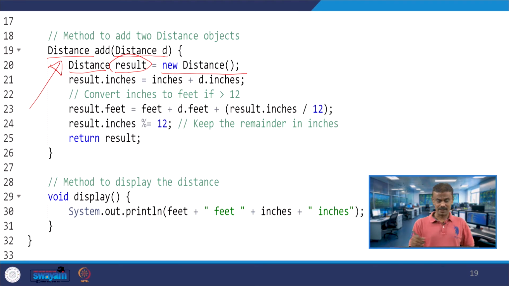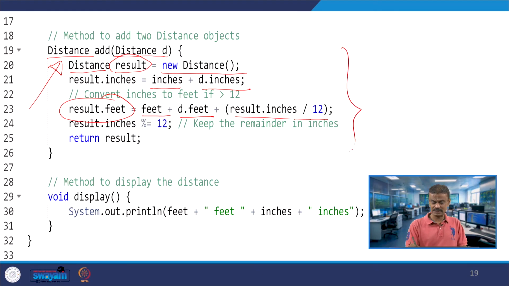The rest is similar, you are adding inches plus d dot inches, whatever we have studied in C++. Similarly, feet plus d dot feet, and then result dot inches slash 12, integer division. Whatever the resultant is, you put it in result dot feet. Similarly, result dot inches is equal to result dot inches mod 12, the remainder, and return result.